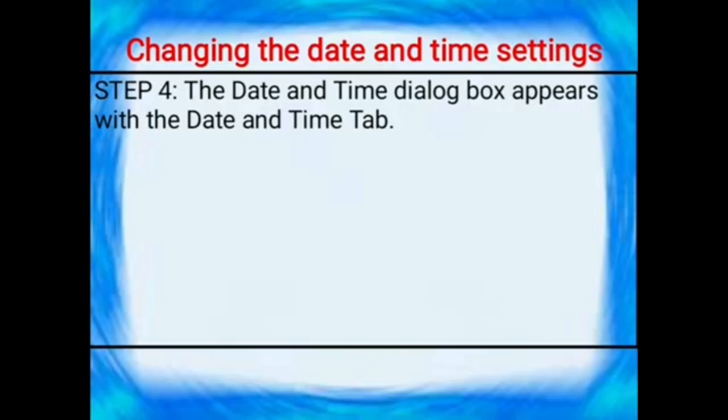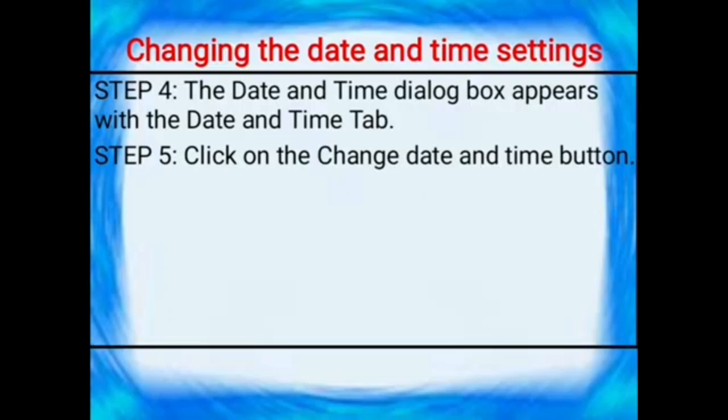Next, click on the Change date and time button. There is one button, and in that the change date and time option is there. You have to click that one.